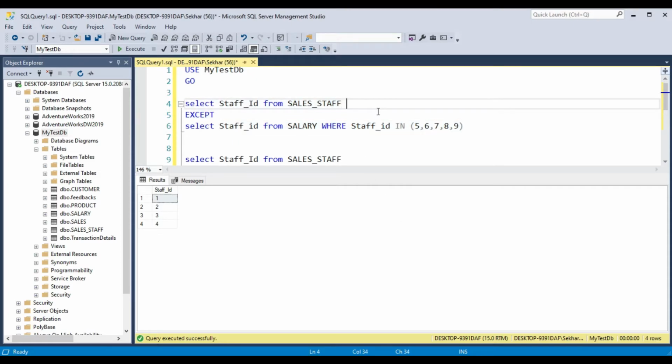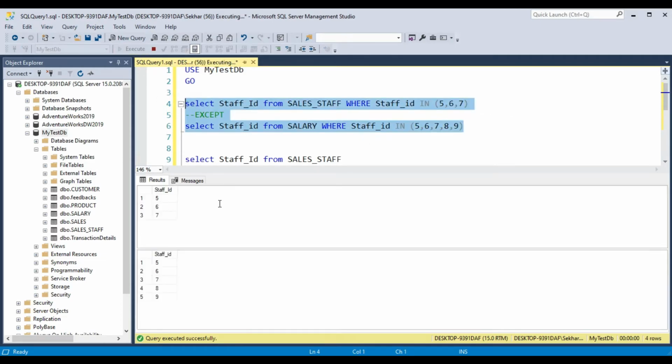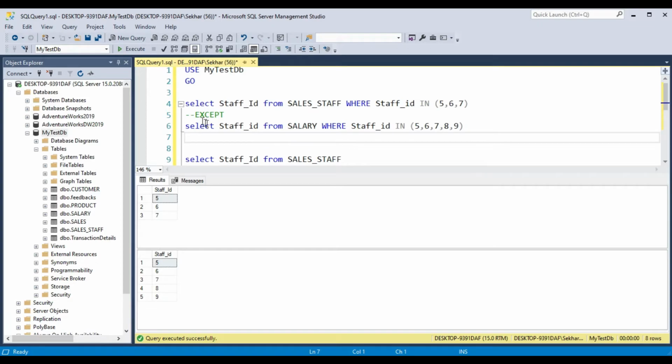So what if, let me just tell what I'm trying to do. Suppose in your first query there are only 3 records, that is 5, 6, 7, and in your second query there are more records. In this case, what will happen if you do except?